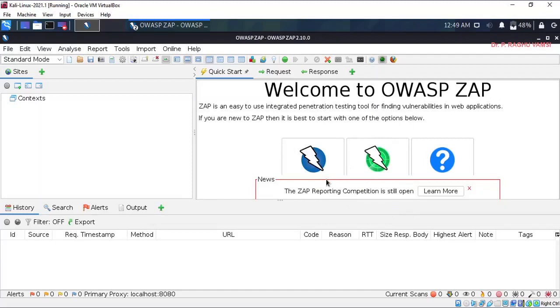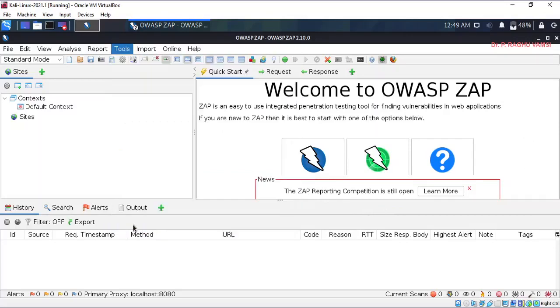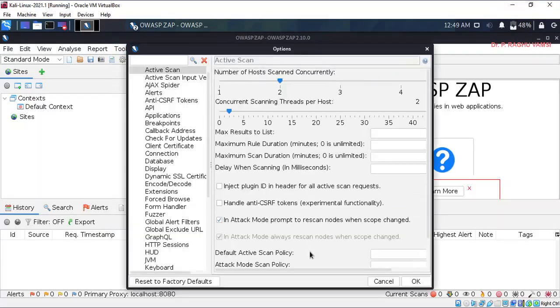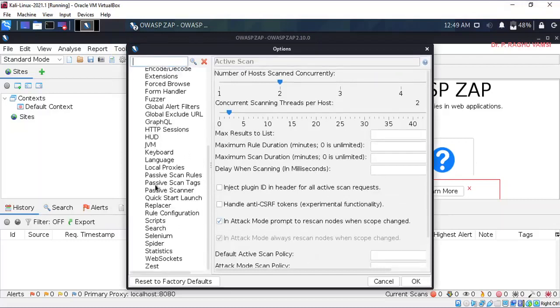Like how Burp Suite was configured with port 8081 so as not to disturb HTTP requests on 8080, what we can do here is go to Tools, Options. In these options, you will find Local Proxies.